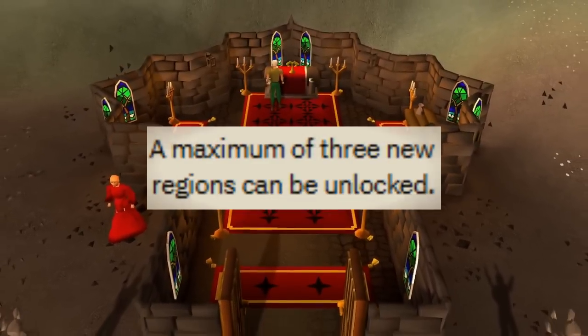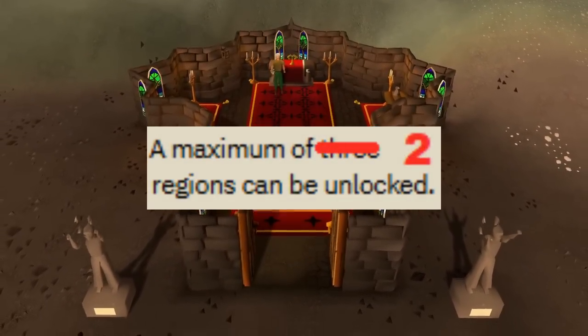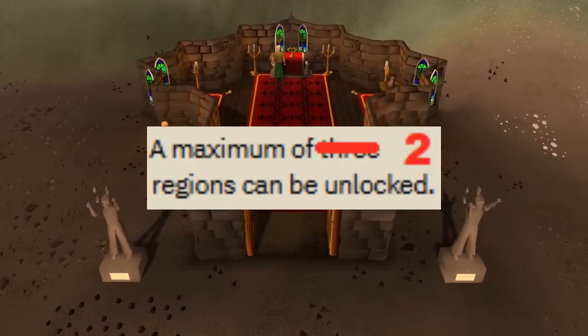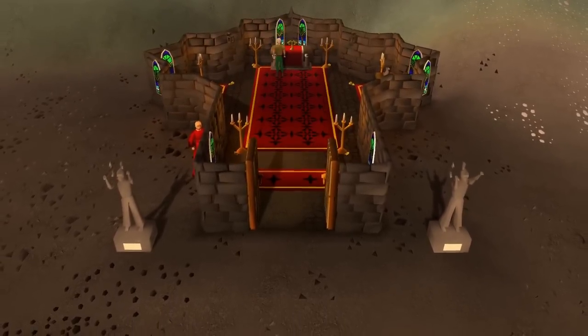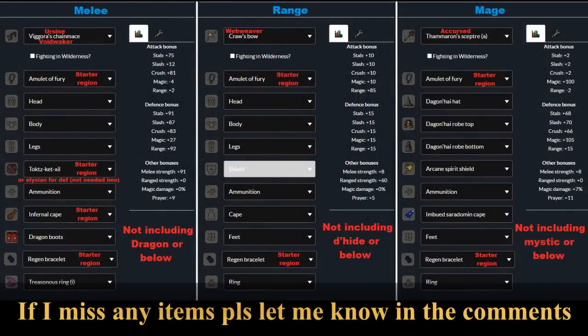Picking the Wilderness is like choosing to have just 2 regions to get all of your gear and your weapons for the bosses in the other 2 regions you pick, because the Revenant weapons aren't very good outside of it. You can get the Voidwaker, Dagon'hai set, Tyrannical and Treasonous Rings, plus Odium and Malediction wards, but apart from the wards, you don't want to be doing tasks that require you to kill other bosses hundreds of times with that